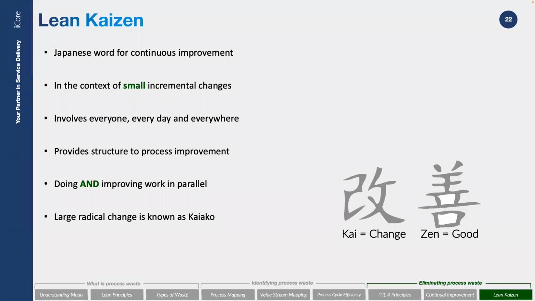And a Kaizen, you can liken to a mini project. It gets the right stakeholders in place, and that, as it says there, involves everyone every day and everywhere. We get everyone involved in this Kaizen. We get everyone to start breathing and really feeling this. And it gives us a good structure into that sort of improvement element there.